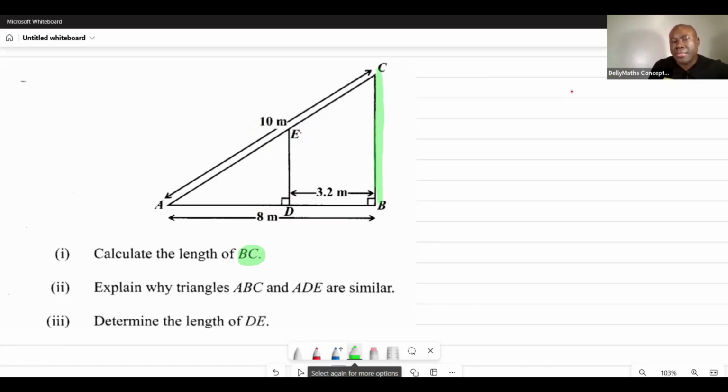Now, when you take a look at this side, you could assess that it is connected to this larger triangle here. So this side BC is a part of this triangle that I just highlighted. For this triangle, we do notice that we have 8 meters for AB and 10 meters for AC, which means that we could focus on this triangle and definitely find BC using